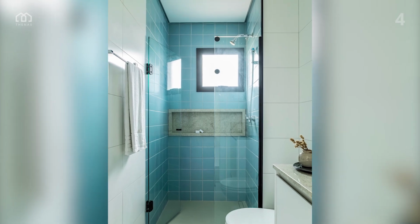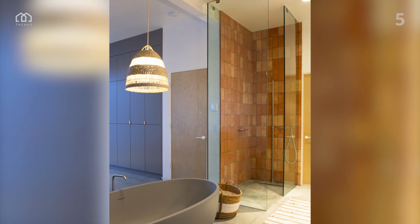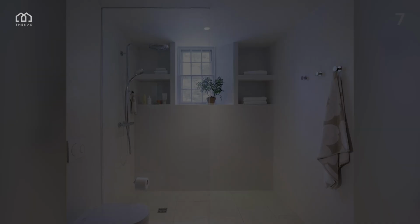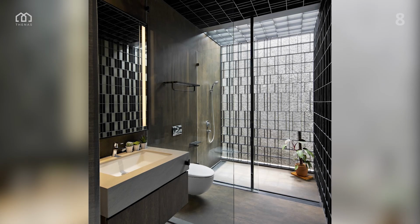Bathrooms are no longer just functional spaces, they're a personal oasis where you can relax, refresh, and recharge. With modern trends focusing on clean lines, innovative storage, and natural materials, you'll discover how to combine aesthetics and practicality effortlessly. From elegant floating vanities to frameless glass showers and bold tile patterns, this collection has something for every taste